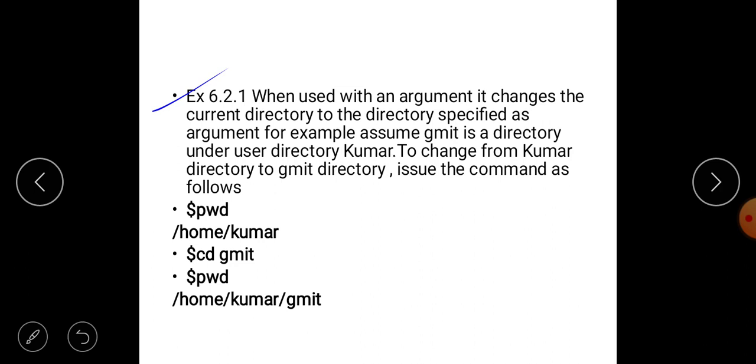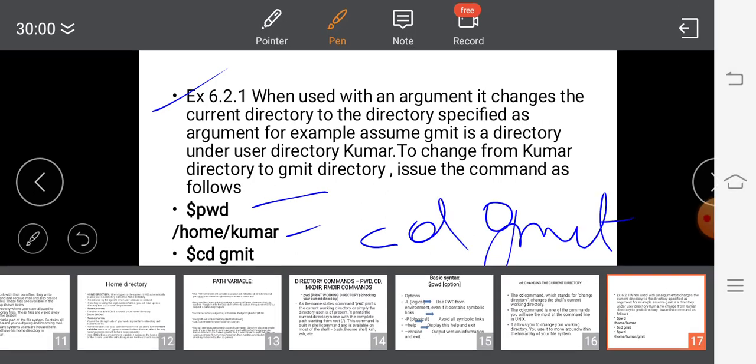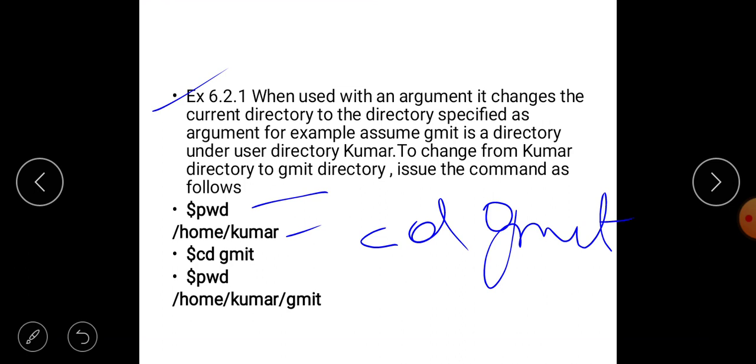Now you are currently in /home/Kumar. Under Kumar there is a directory called gmit. Now you have to enter gmit, which means you have to give the command cd gmit. After giving this, then you have to give pwd.